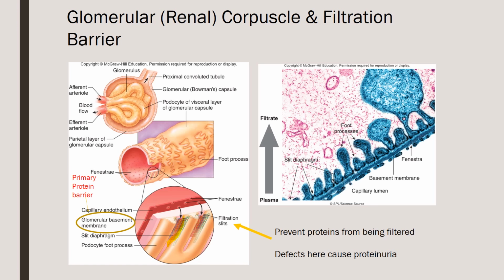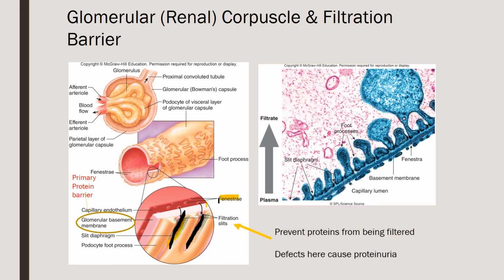These are tiny little slits, here, let me use that color instead, that are found within the glomerulus. These allow water and solids to leave, but not large items like blood cells or plasma proteins. The big thing with this structure is that even though it has these fenestrations, which are these little holes in them,